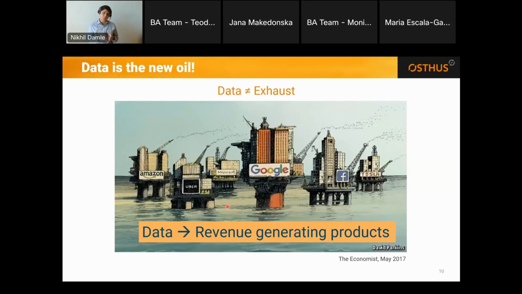So today we have to look at data as an entity that is important for the value chain of our institution or organization. It creates certain strategic and operational value to our business processes. So we should not think of data just as an exhaust or a dump that we generate, and here it is. No, we should start thinking about data with the fact that it can generate revenue. So it's an asset for us.